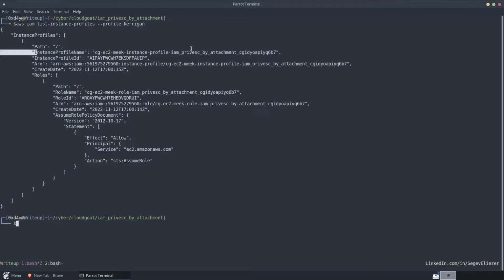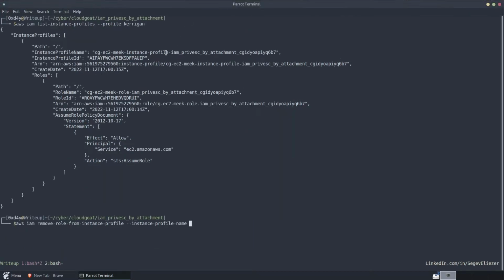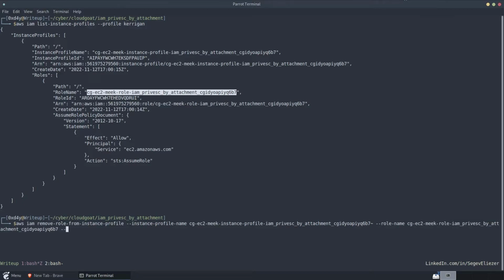We don't need to change this instance profile name or anything about it. The really important part here is this role right here. So what we need to do is just remove this role. If you could do that with AWS IAM remove-role-from-instance-profile, and we provide the instance profile name. So let's copy this, put it in, and we can provide the role name, which is this. And this is what we're going to need to remove